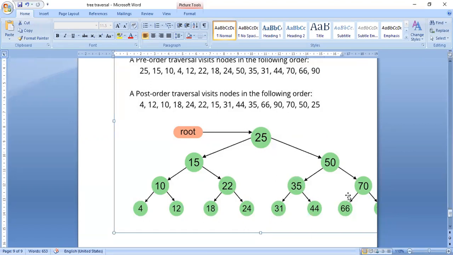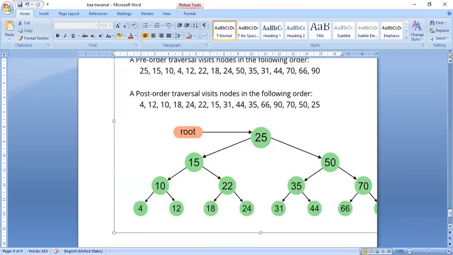So left subtree is over, right subtree is over. In this whole right subtree, the left subtree and right subtree are over. Next I will print the root node 50. So you can see here, print 50. Now if we take the whole big tree, first the left subtree is over, next the right subtree is over. Next I will be printing 25. You can see here 25.